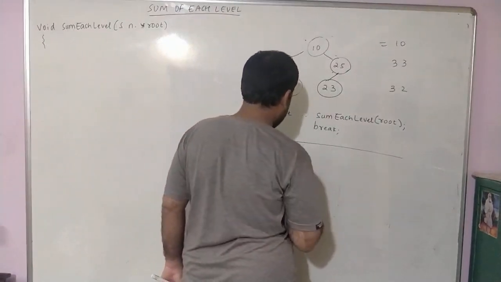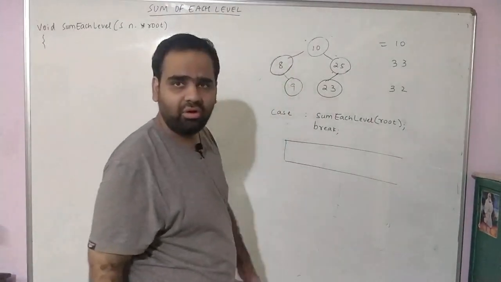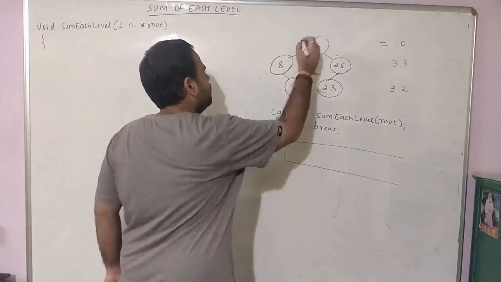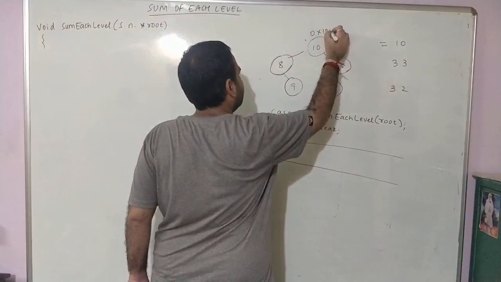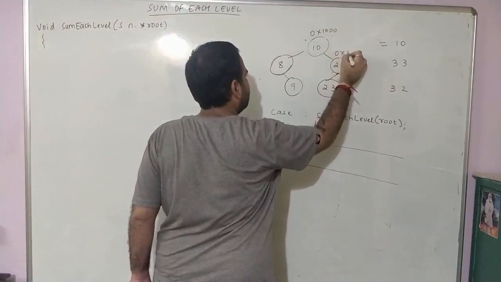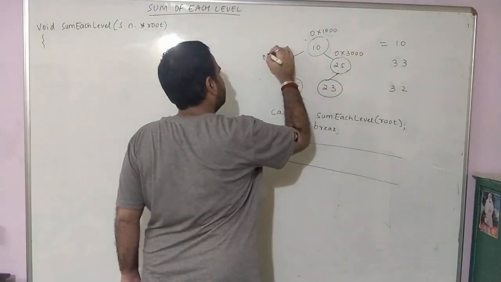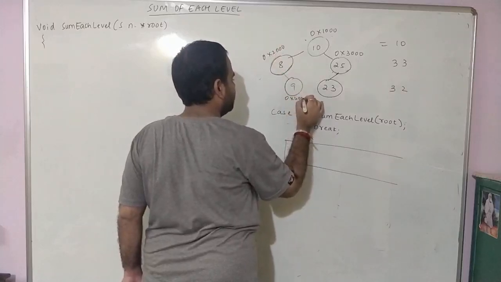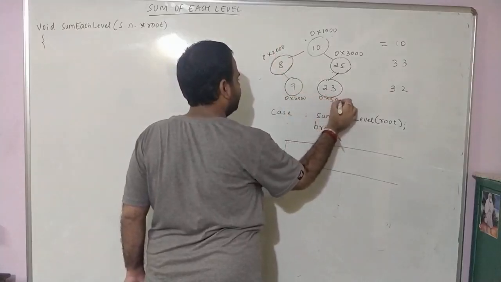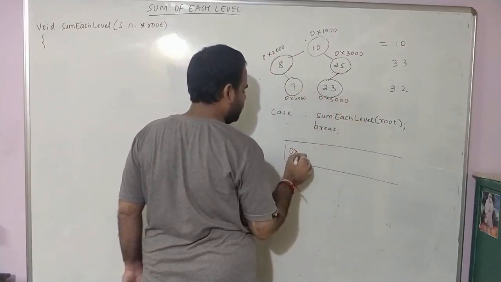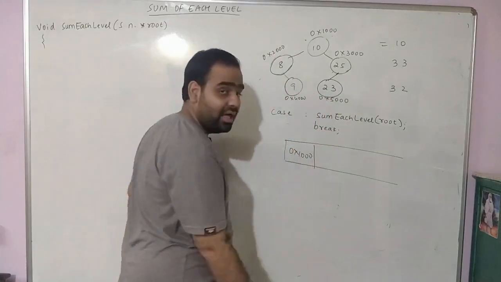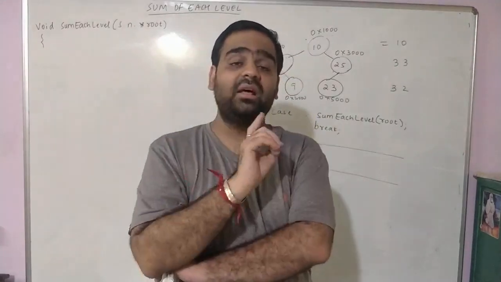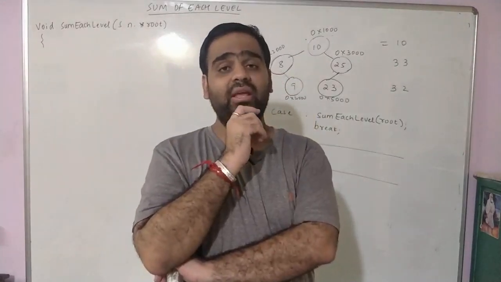Now, this level order traversal we have to solve using the Queue data structure. We take the queue. Now, what do we do? We will write the addresses over here. This is 1000. Let the address of this be 3000. This is 2000. This is 4000. And this is 5000. Now, what is the first step of the algorithm? Enqueue the root. As soon as you enqueue the root, you enqueue null as well. That null marks the end of the level.